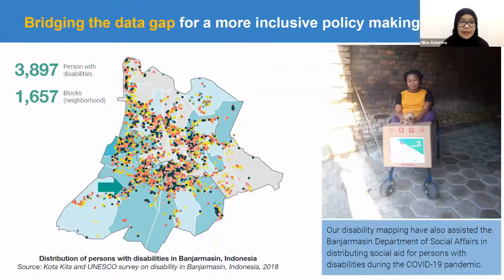So this data, we know, we are not only producing it for fine-grained information about disability conditions, but also to provide strategy for evidence-based planning and policymaking processes. For example, our data has contributed to the improvement of participation of persons with disabilities in Indonesian presidential elections in 2019. It was crossed with the data from the election commissions, and 3 times the number of persons with disabilities were documented to be eligible to vote.